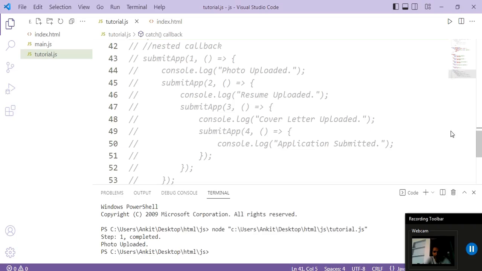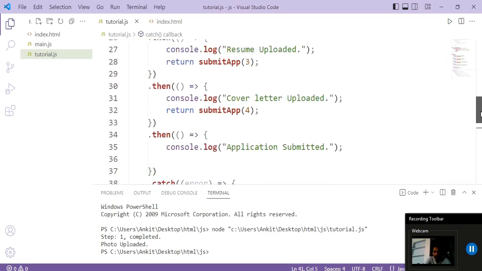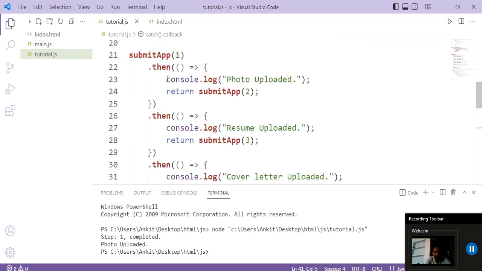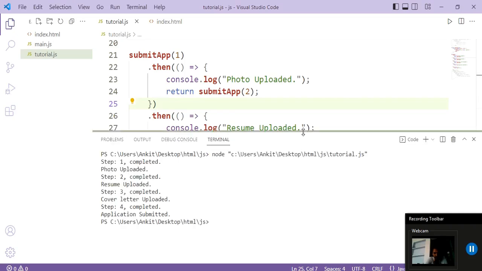If we use multiple callbacks like this, it will be more tough, whereas using promise is much easier. We simply call our submit app function with the step, and then we have the then method to handle our resolve results. If we run this, here is the output: Step 1 completed, photo uploaded. Step 2 completed, resume uploaded, and so on.